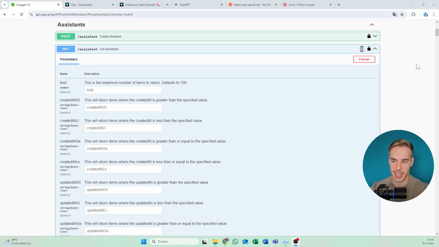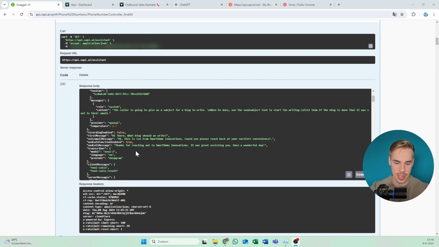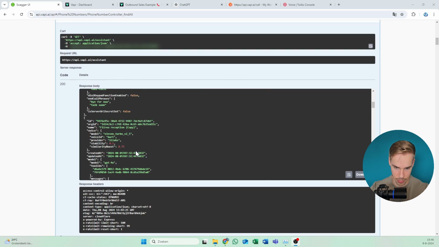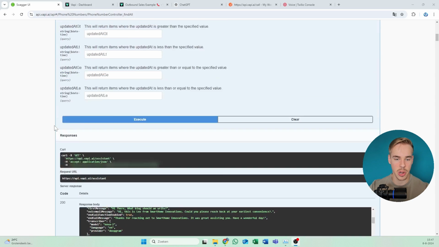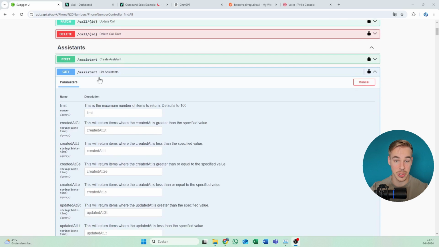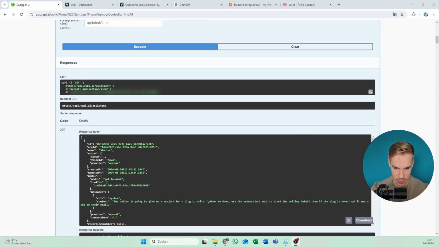It's always just click it and then run it. And then here you get all the information that you need. In this case, I already ran it, and these are all the assistants that I have right now, so list assistants. And we're just going to look for the starter one. So here it is, starter. We need the ID, so we're going to copy that one, and I'm quickly going to save it right here. And then also we're going to need